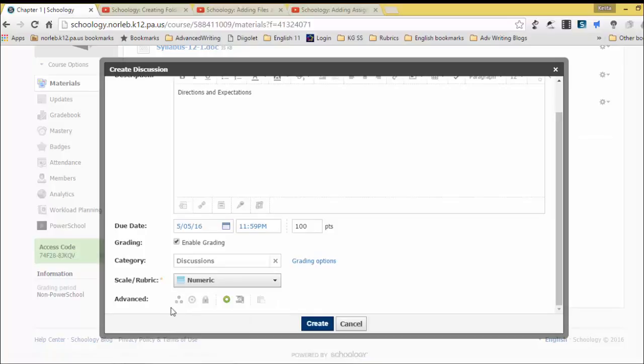Here in the advanced area, same options as for assignments. We can choose to individually assign the discussion to select members of the class. We can choose to align learning objectives, lock it, make it visible. We can also choose this last option: Members can see other responses before participating. If we uncheck that,